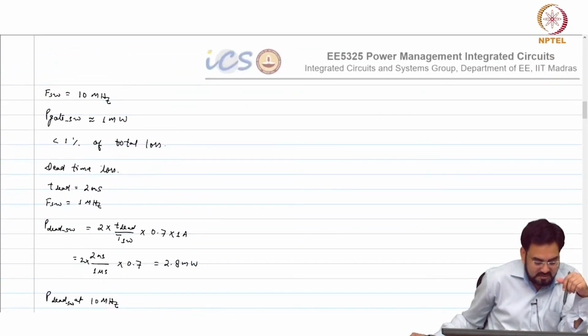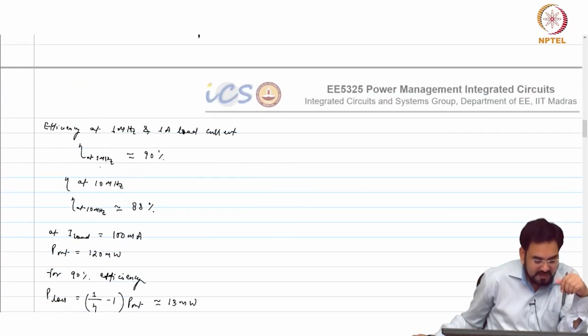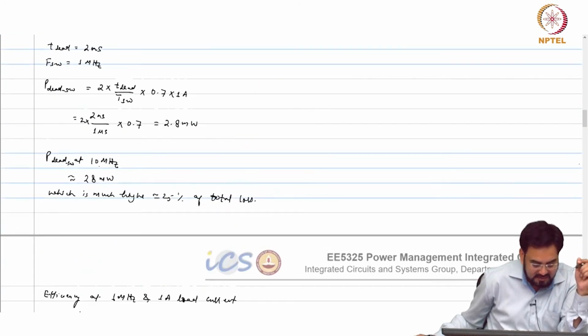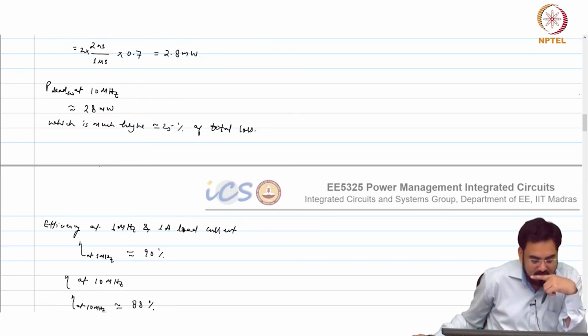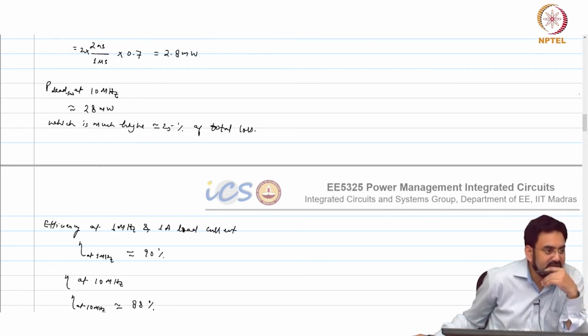CV square, 1 milliwatt. Yeah, 1 milliwatt plus 1.2, and how much will be the dead time loss? That will scale, huh? So what is the total? That dead time loss would be 1/10. 2.2 plus 2.8, so 4 milliwatt. 4 milliwatt, so within 10%, huh? Which means that at 100 milliwatt, it's okay. Fine.